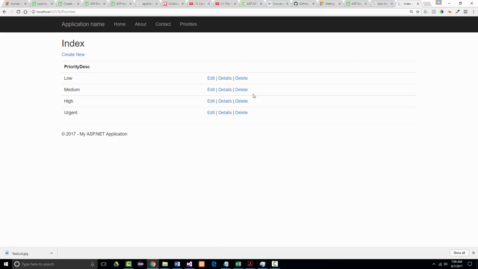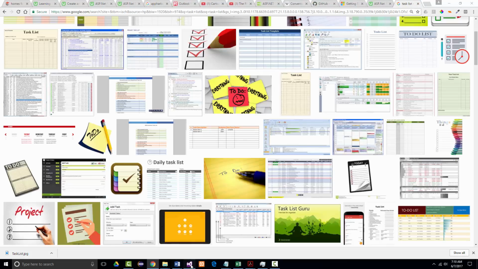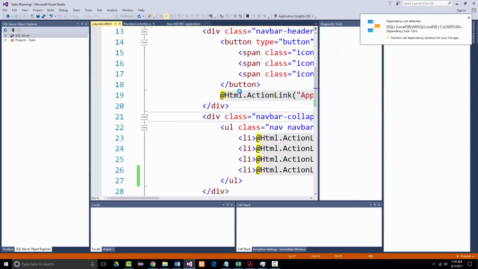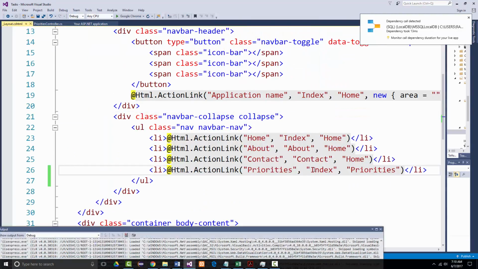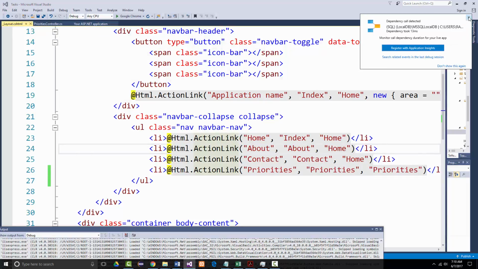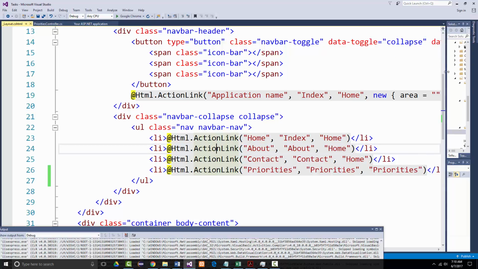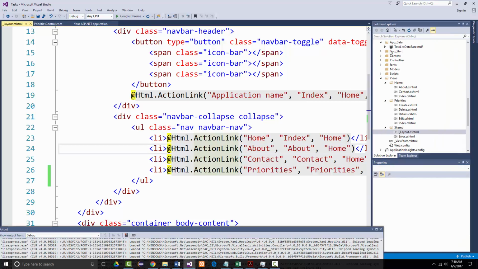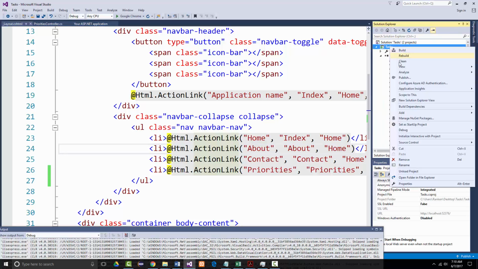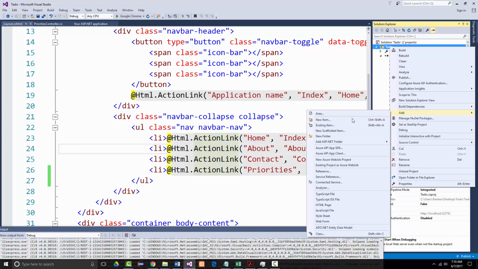So let's stop the run here, go back to my program, and I think these can all be priorities. Now I want to do one more thing in this part of the lecture, and that is to go back in just like I had done, and do the same thing for the tasks. So right mouse click on the name of my project, choose add, new scaffolded item,